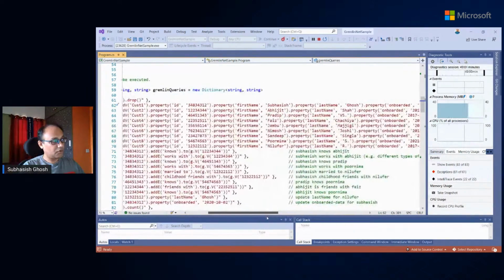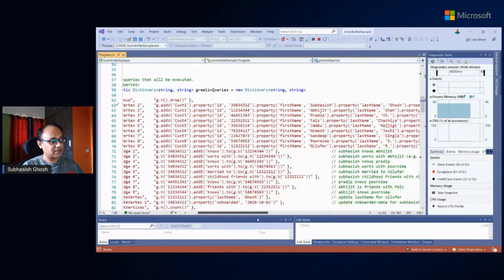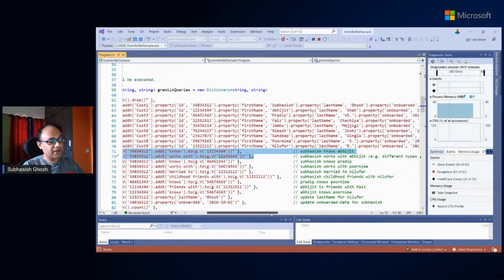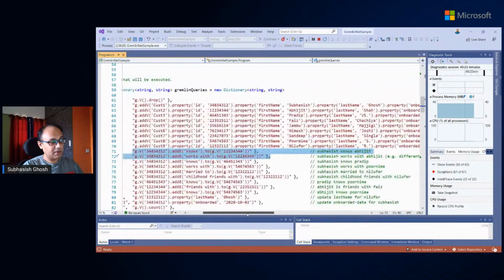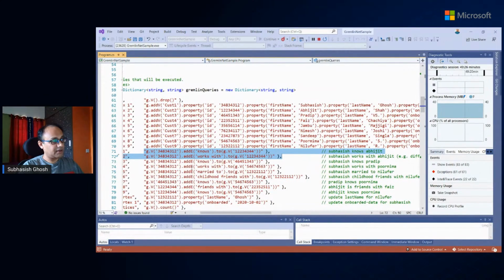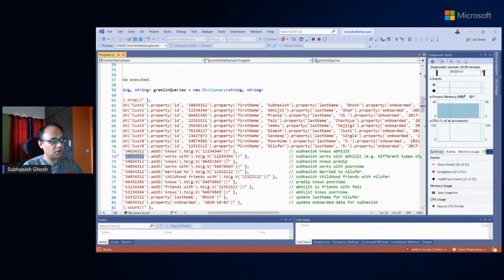Another important point was a design decision. And again, we tested these out, actually. That's the correct way of testing it out. Another very important design requirement for this solution, when we were discussing, was the ability to have different kinds of relationships between the same vertexes. For example, in this one, I have shown this particular vertex, Subhashish, who knows the second vertex called Abhijit. But it's also possible that Subhashish knows him because he's working with him.